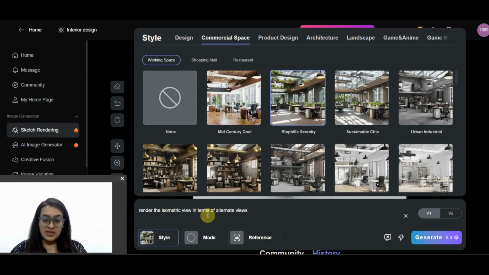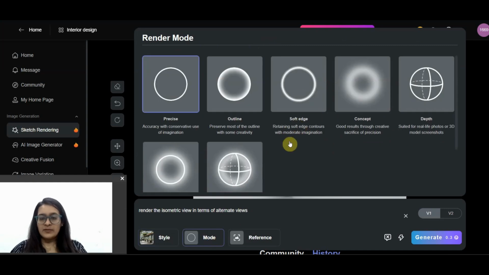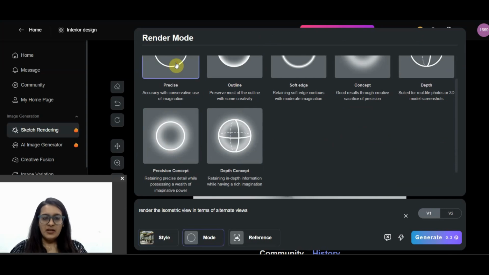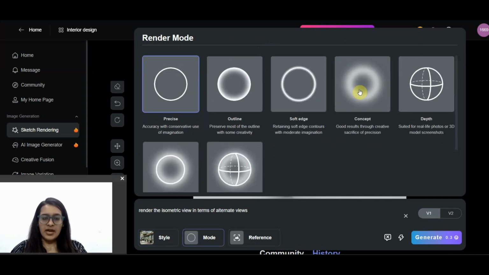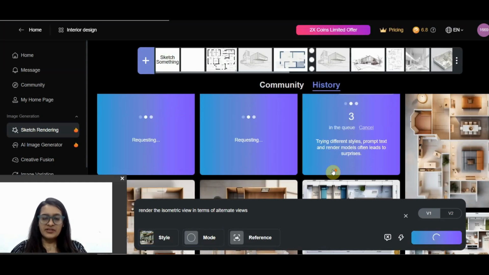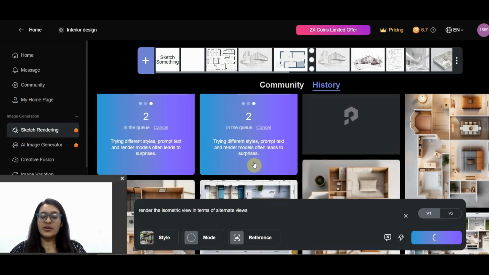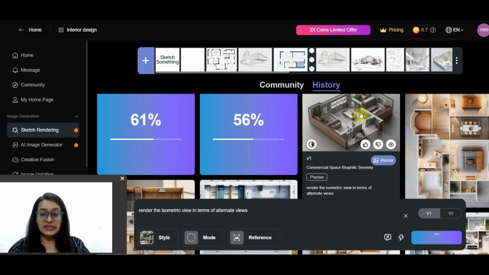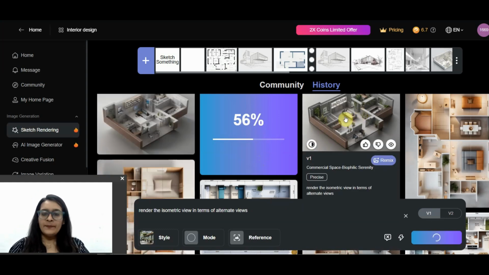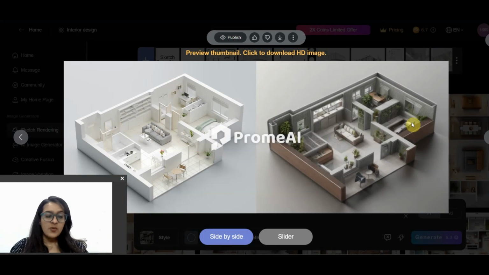Let's see what it comes up with. Mode, I go with precision or precise. Let's see how it can ideate that for me. See, because as architects, interior designers, we actually want quite a precision going on there. Let's see what it has interpreted for me. It's again, I'm repeating, it's a 3D model of an existing home. Let's see how it interprets that for me and gives me options in terms of biophilia, where it has added planters.